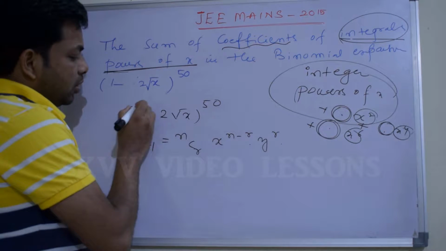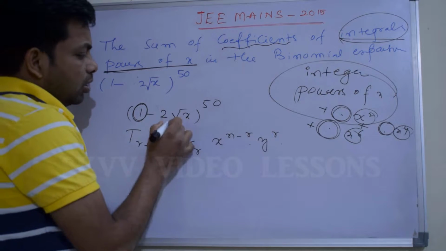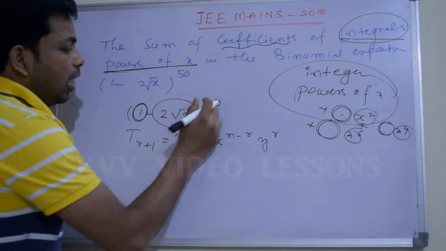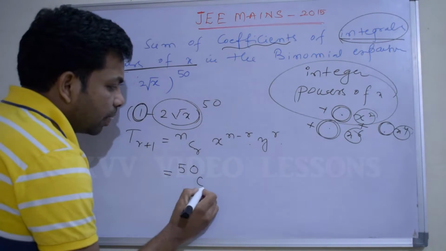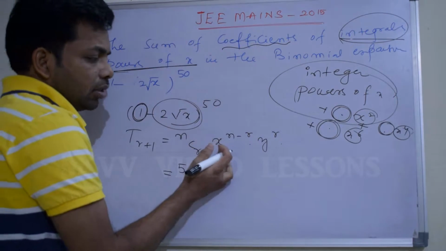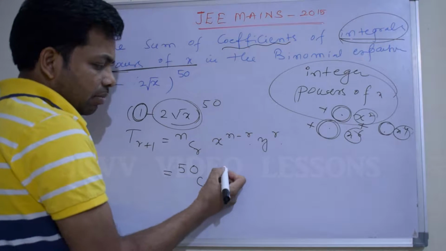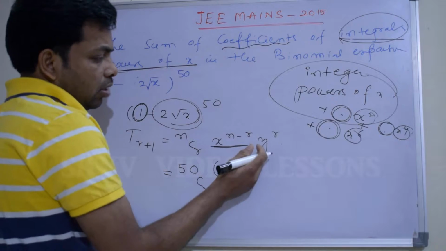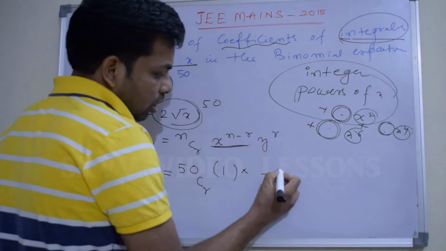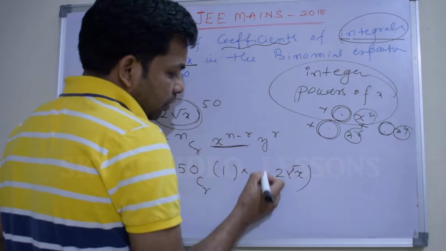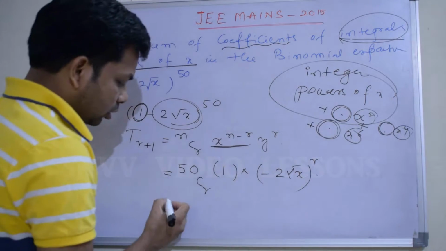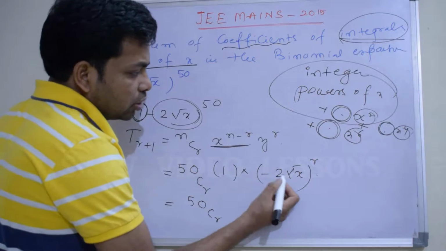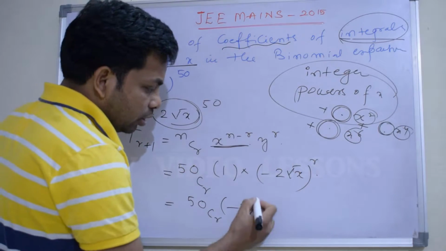And what is x? The first term is x. And what is y? The second term is y, with the negative symbol also. So I will copy the n value 50, C r. The x value is 1, and 1 to the power of any finite number will become 1 only, so I am not writing x^(n−r), because the x value is 1. Now what is the y value? Minus 2√x, to the power of r. So this equals 50Cr into 1, leave it, (−2)^r into